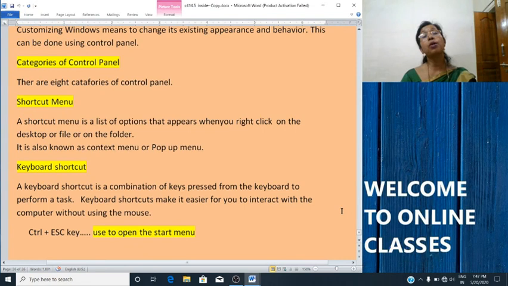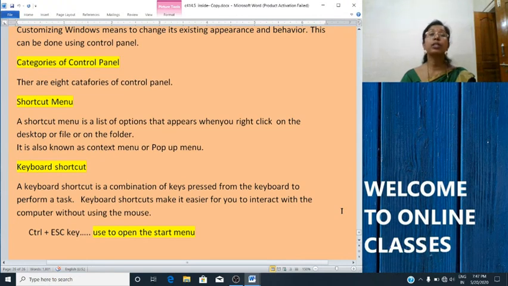Then we studied about keyboard shortcut. A keyboard shortcut is a combination of keys pressed from the keyboard to perform a task. Keyboard shortcuts make it easier for you to interact with the computer without using the mouse.